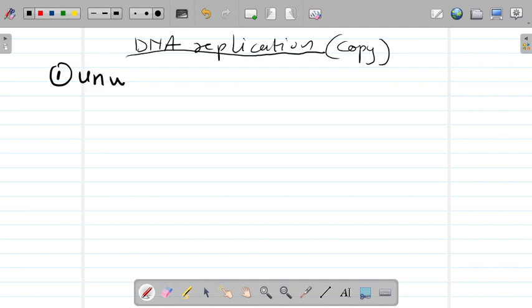unwinds. We say DNA unwinds. So basically, we unwind it. It is very coiled up, it's not like a straight ladder, it is coiled up. So it has to unwind. Why must it unwind? Because the base pairs are held together. The nucleotide bases,